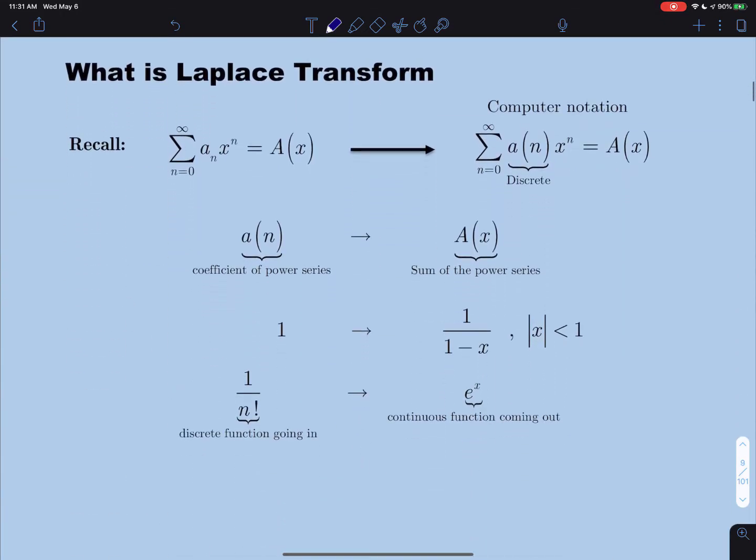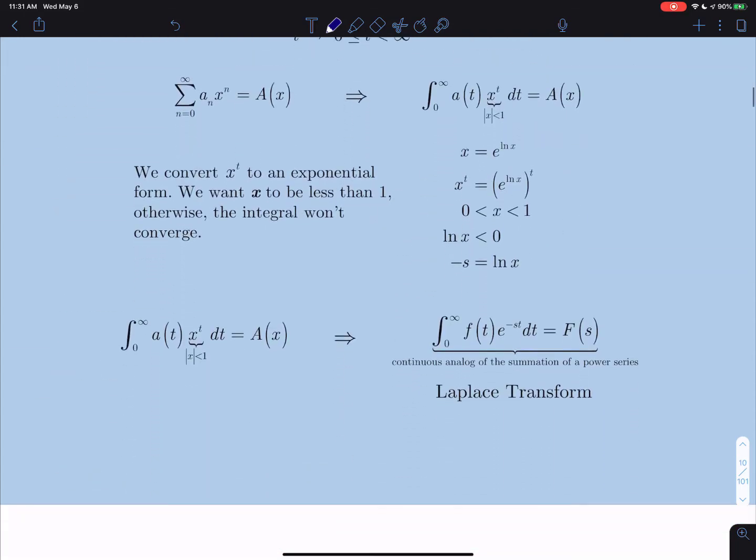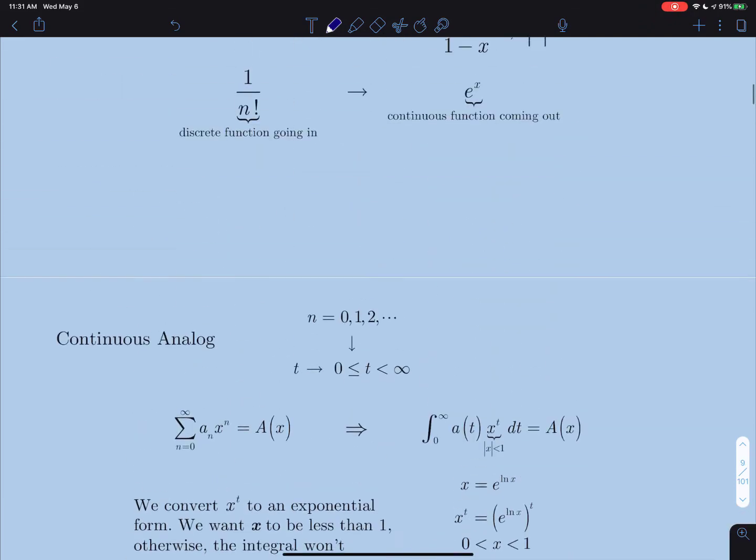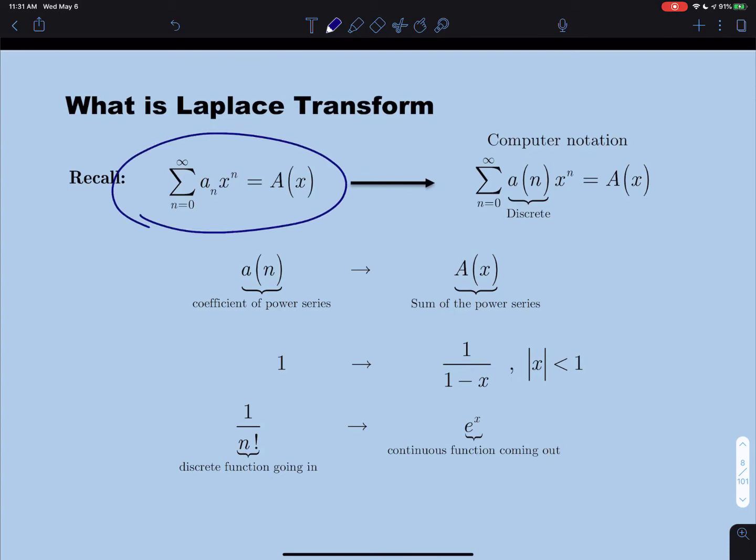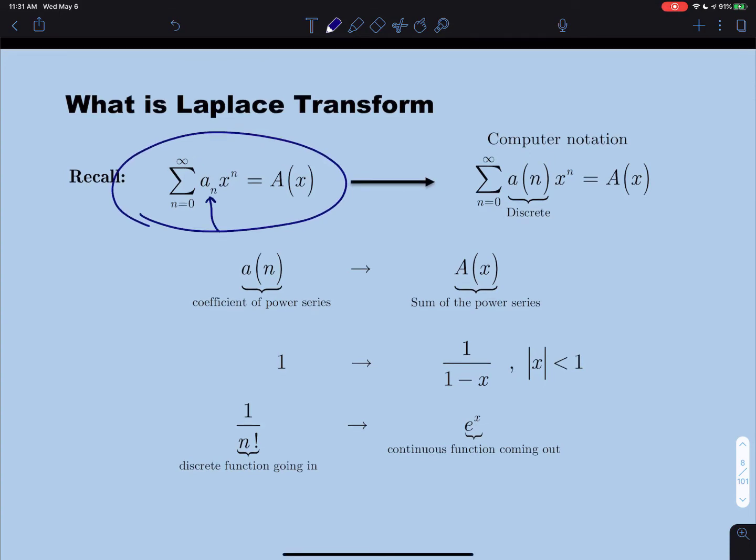All right, I've introduced this to you on our face-to-face Zoom discussion, but I just wanted to reiterate that the Laplace transform that we have seen by definition, of a function f of t, e to the minus st dt, the definition of Laplace transform, actually didn't come to someone in their sleep. It actually comes from the very simple concept of power series. Now, if you have a power series, and obviously you'll be looking for a sub n's, if you take that and convert it to a sort of computer notation, so instead of a sub n, you write a of n. Instead of a of n, you use some functional value, f of t,